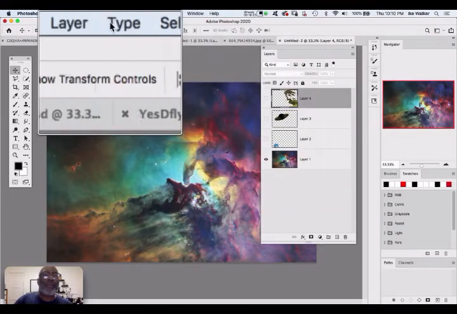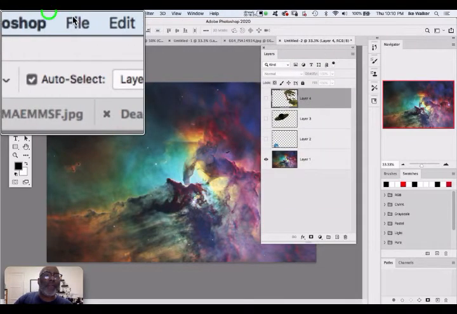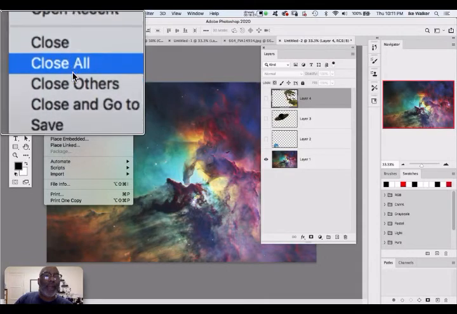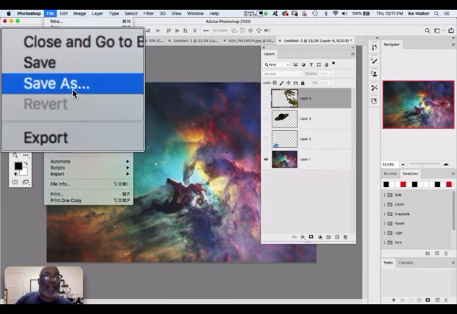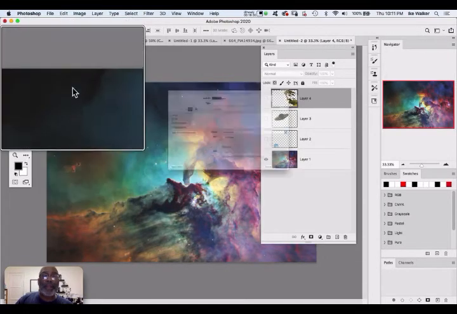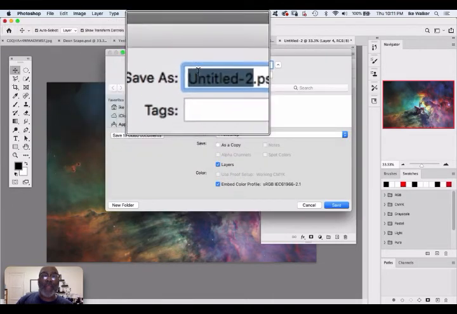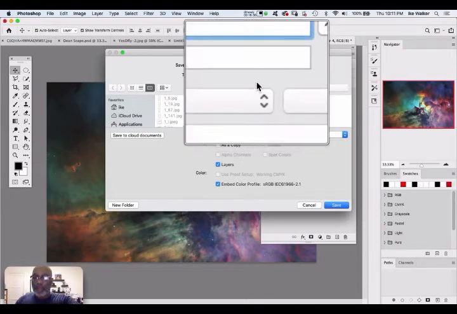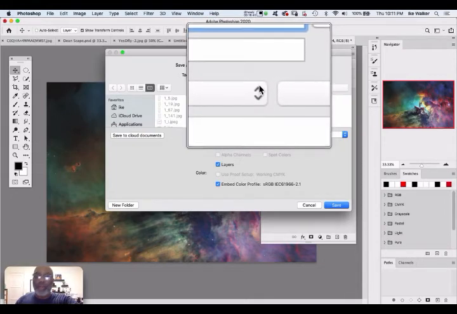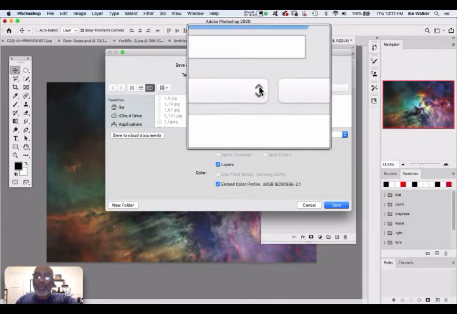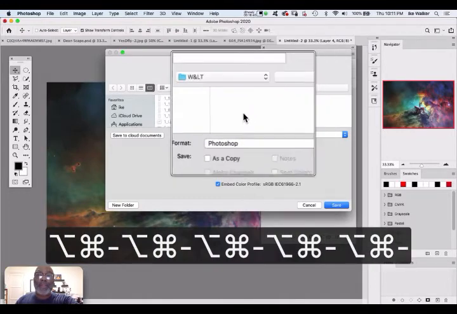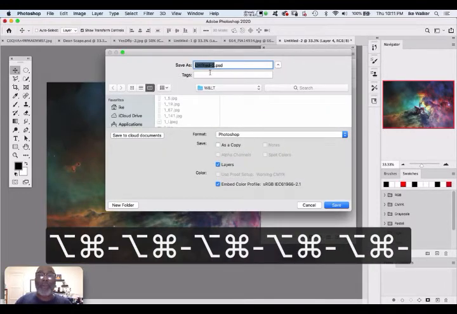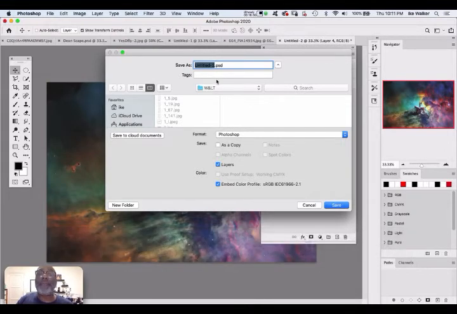But also, while you're working, make sure to go File, and I should have done this earlier, Save As, and then you can save it to your computer, just so that nothing happens while you're working that you lose your file. So that's very important to save it. So I'm just going to say